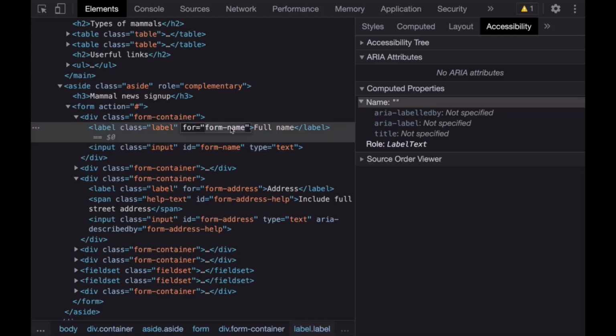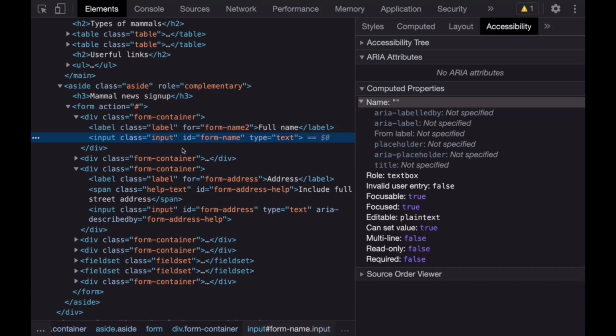So, for example, if we accidentally put the number 2 in this for value, then now these two elements aren't explicitly associated because these two values don't add up, they don't match. So if we now look at the input, right, we don't have an accessible name. So this is a quick way to be able to look at it.